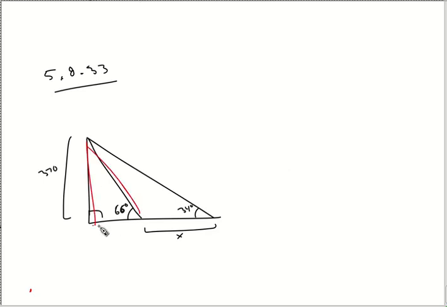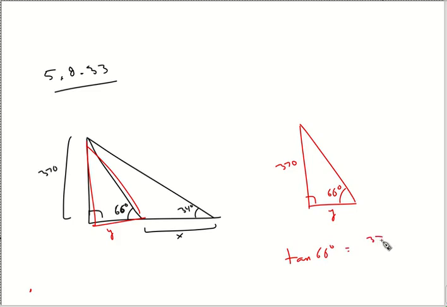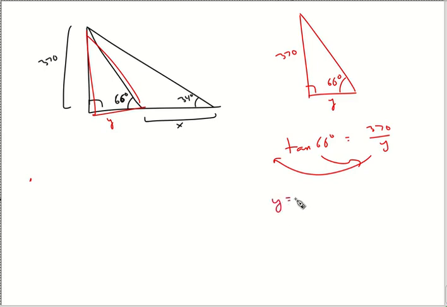So let's do this one. Yay, we're doing math problems together. So 66, and I got 370, and then I got, let's make a y. Let's say that's a y right there. And so what do I use? I'm going to use tangent. But this time it's the 370 over the y. So I move both of them around, and I got a y that's equal to